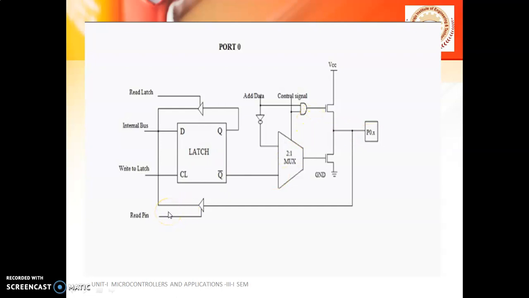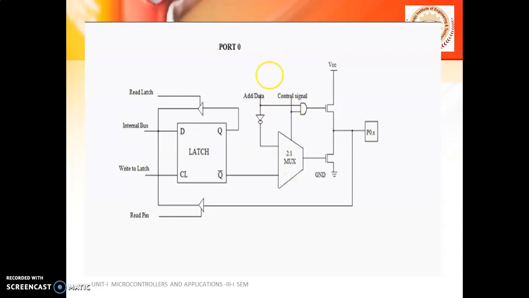Coming to the next pin, we talk about the CL pin. Here CL is the enable input pin of the latch. Means we need to enable it. If the enable input pin is high, the input transfers to the output. And if you see this particular part, this is the control logic circuit, where port 0 of 8051 has dual functions: it acts like an IO line, and it can act as lower order address lines, and even as lower order data lines for the external memory.